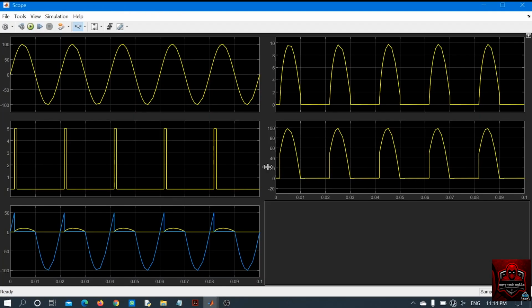See the waveforms. Once again run it. Now see, the extension angle beta is now compensated, and the current, which decreases gradually, is carried by the freewheeling diode and the load.